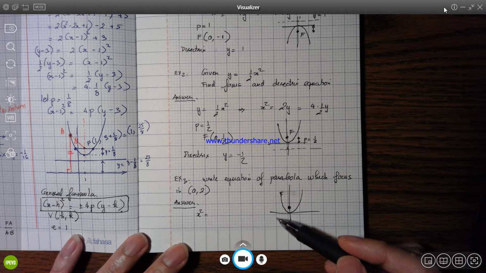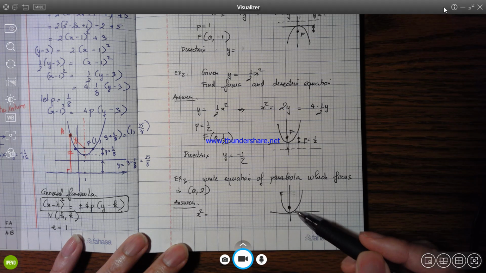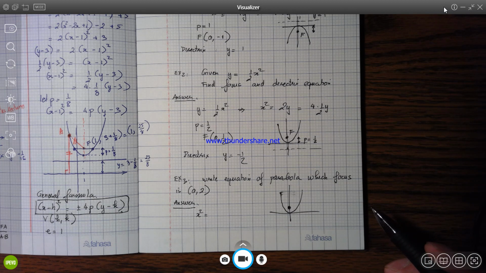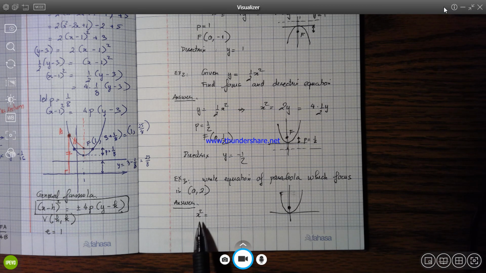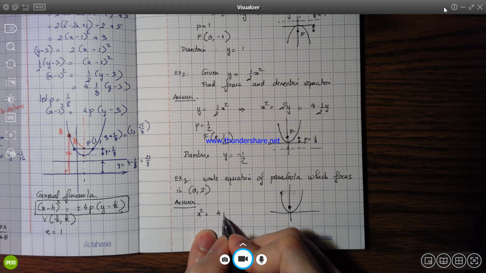Yeah, but if it is like this, then the vertex is not (0, 0) anymore. So in that case we don't count. Because they asked you to write the equation, we just need to write one. So either case works. Okay, so we're going to write x squared equal to 4py,